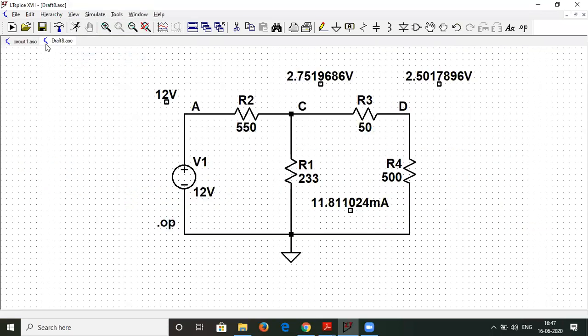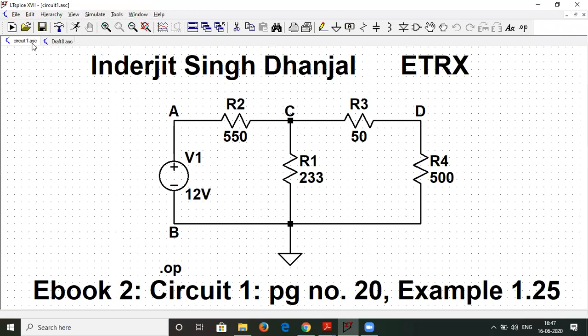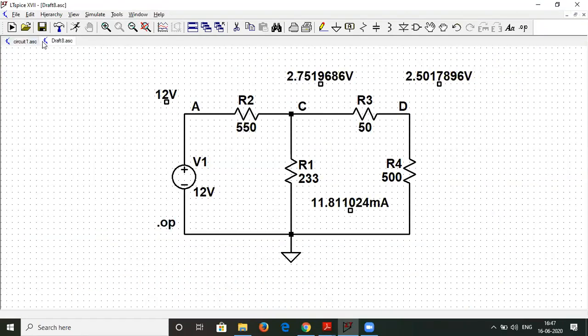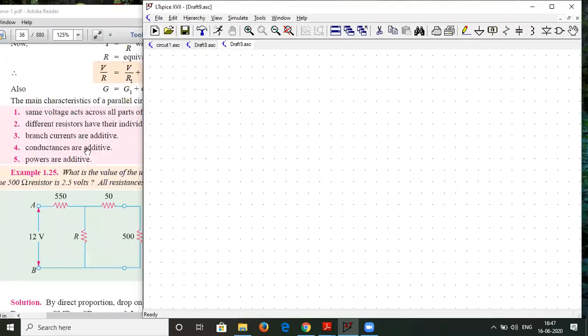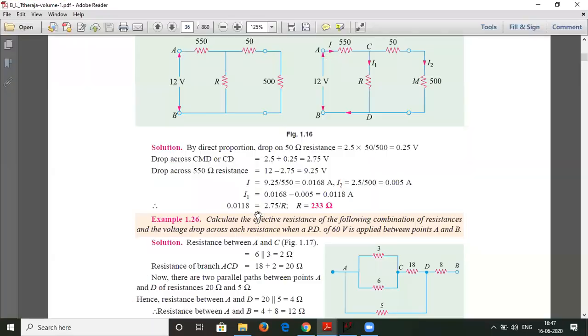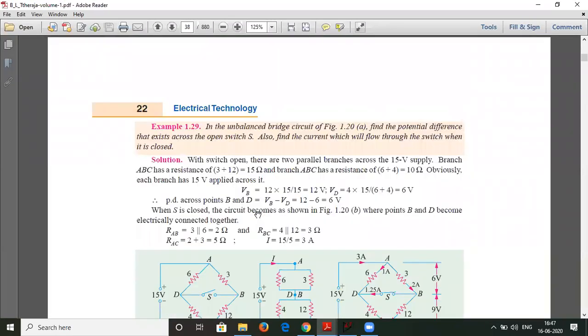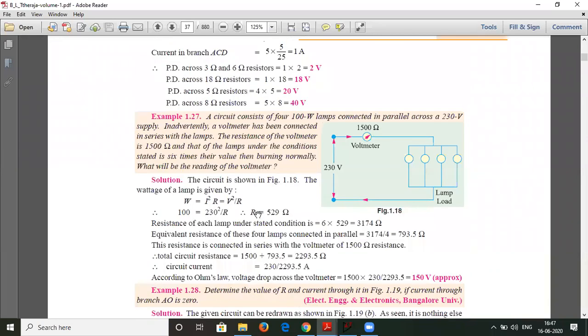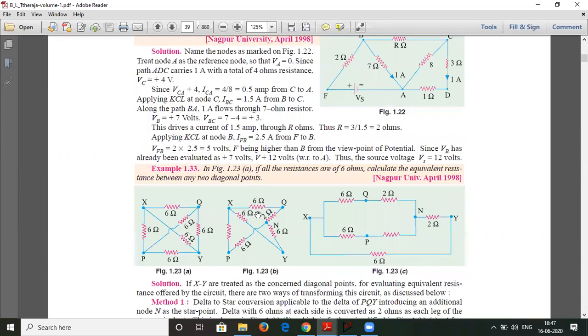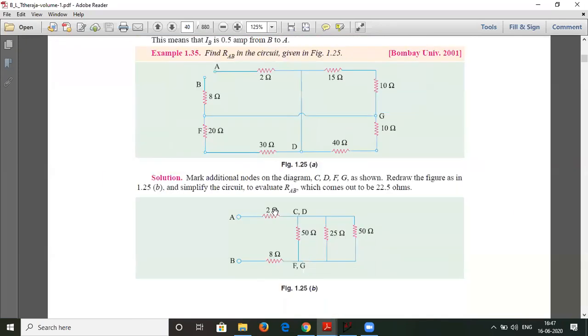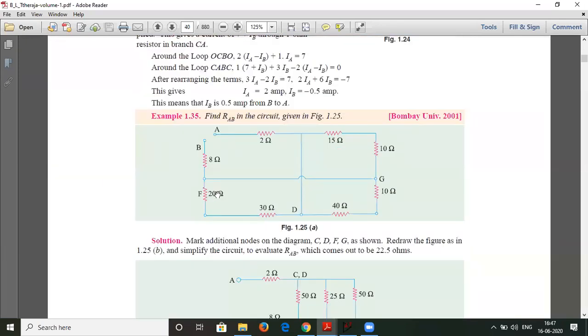So let us do one more circuit practice right now. Right now we are doing explicitly simple examples, and very slowly we'll move on to complex circuits. Many times you have to find the equivalent resistance of a network, in Thevenin's theorem, Norton's theorem, and so on. So let us take this example. I hope this is visible. We have to find RAB, that is the equivalent resistance between these 2 points, A and B. So let us try to solve this.